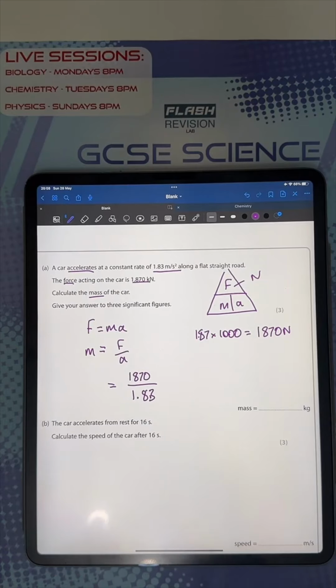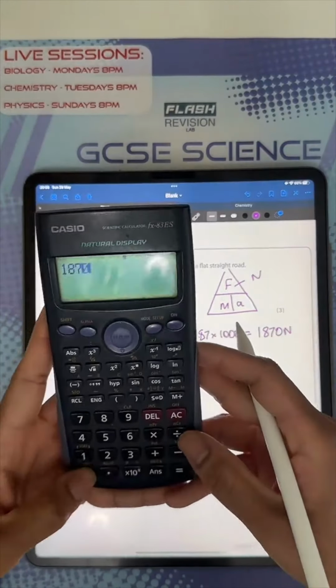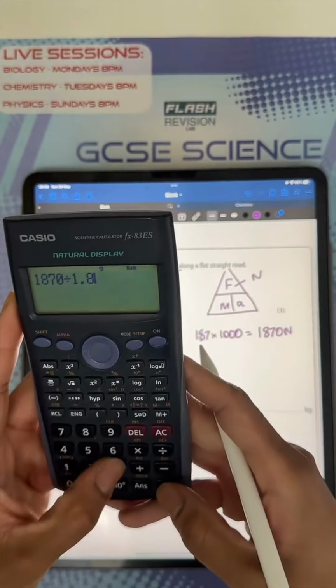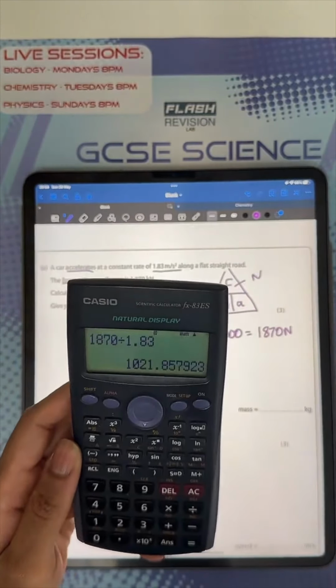So 1,870 divided by 1.3. Anyone got a calculator on them? Yes, okay. So careful with the rounding. So 1,870 divided by 1.3 gives us